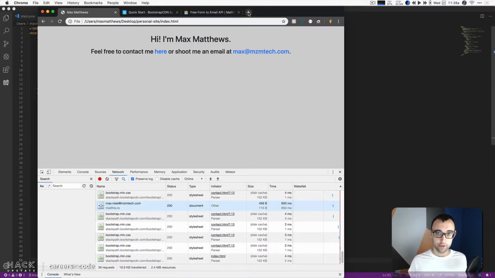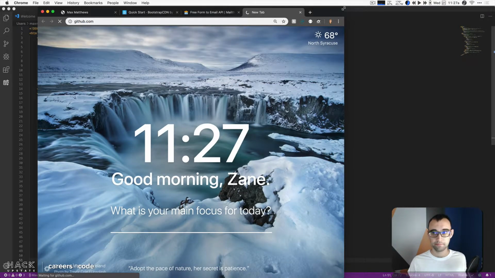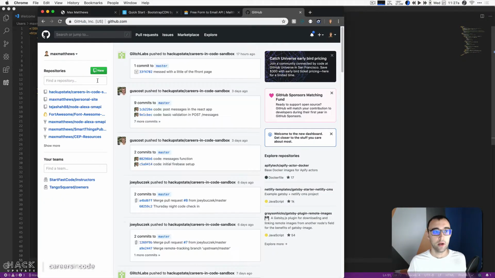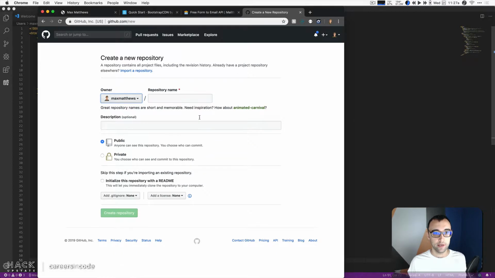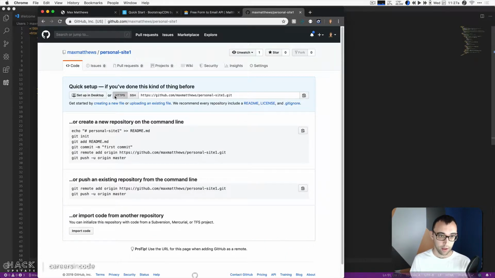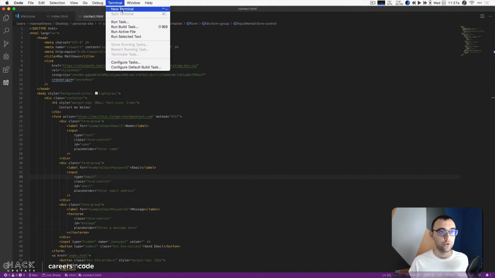So what we are going to do is go to github.com, and we are going to create a new repository called personal-site. Well, I already have one called personal site apparently, so we'll call it personal site 1. We're going to make it public, and we're going to create the repo. Now we are going to copy this git remote add origin, and then we are going to go to a